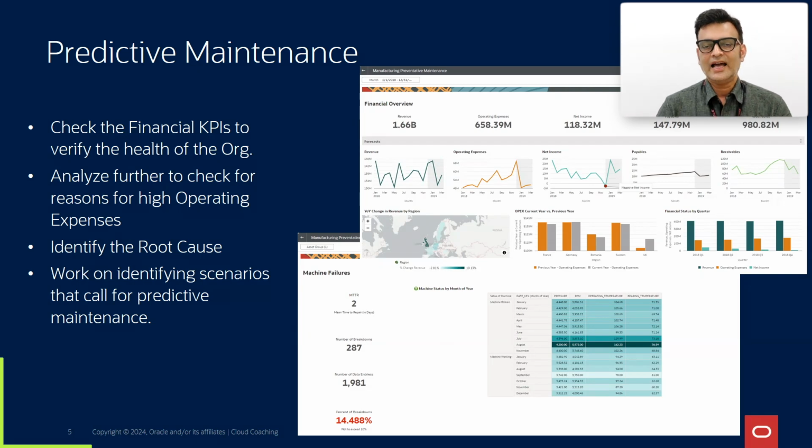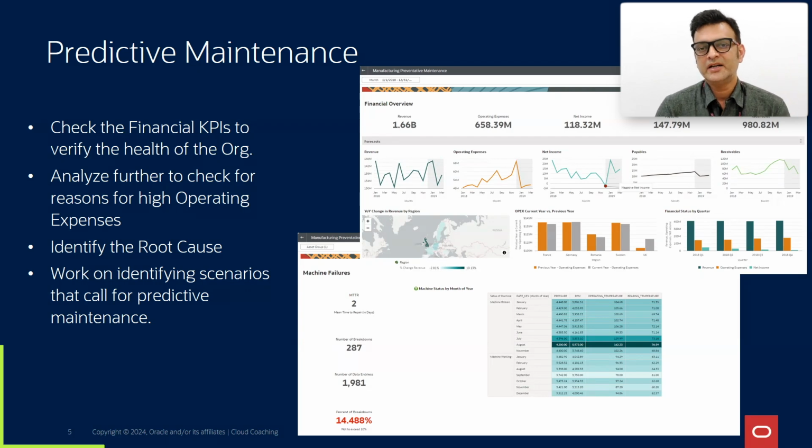Once we have identified the root cause, what should be the next steps? So far we have just identified what has happened. This is where the machine learning capabilities of the modern data platform will help you build machine learning models and even predict such scenarios in future, so that you can be better prepared in terms of how to handle these scenarios if they happen, or even prevent them.